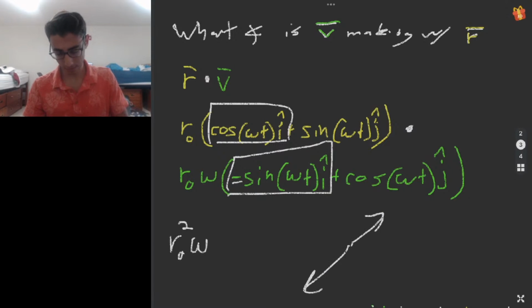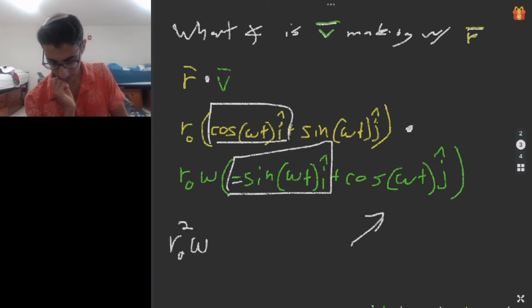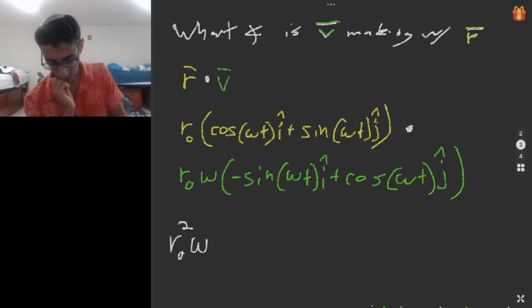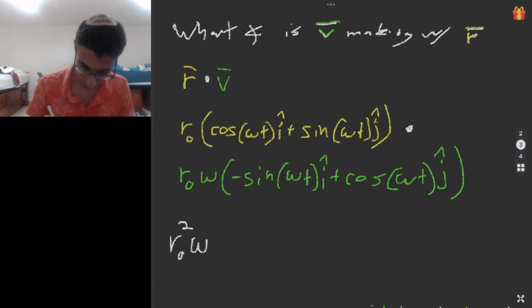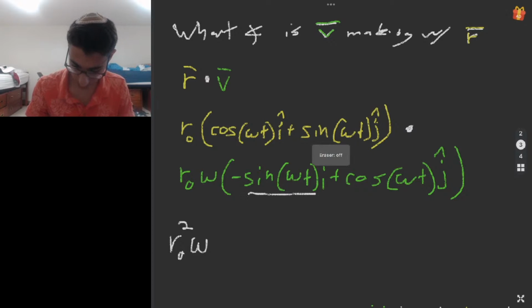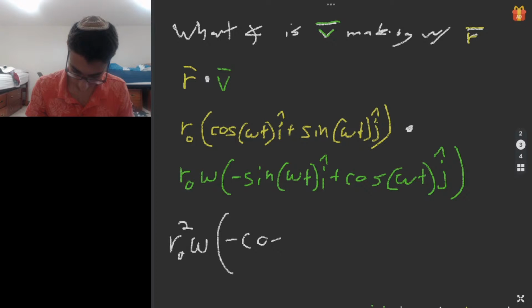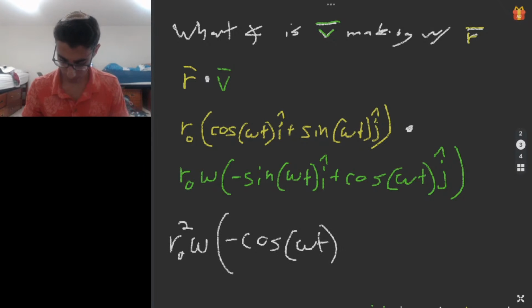So that's going to give us, I'm just going to back all the way up. So that's going to give us negative 1 times sine omega t, because that's the magnitude of our first vector, times cosine omega t, because that's the magnitude of our second vector, times negative 1. So let's write that all. Negative 1, so that's just a negative cosine omega t, that's the magnitude of our first vector, sine